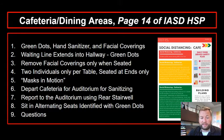If a student needs to get up and move to use the restroom, to go purchase additional items, or just move around the cafeteria, that student will need to put their mask back on as they are now considered to be in motion. In an effort to clean and sanitize our cafeterias, once students have eaten their food, the students